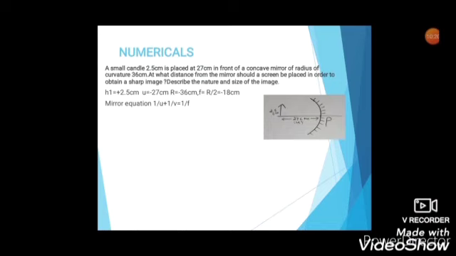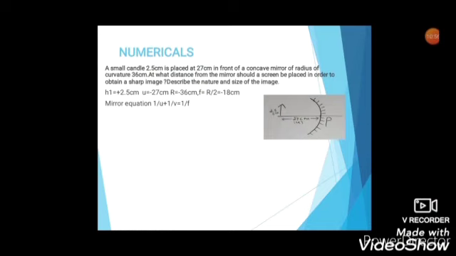Here I am using the magnification formula because they have given the information that the height of the object is 2.5 centimeter. Where does this height come to your mind? The height can be seen only in the case of magnification. We have learned about magnification. We have two formulas that we use for magnification. One is h2 by h1, that is image size to the object size, or minus v by u. This was told in your previous slides on magnification. So here h1, which is the object height or size of the object, is 2.5 centimeter.